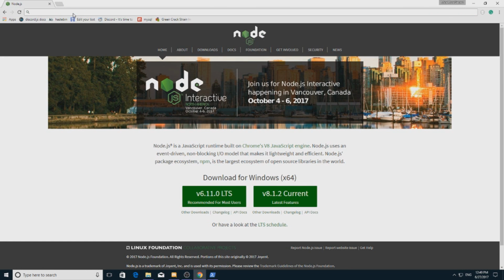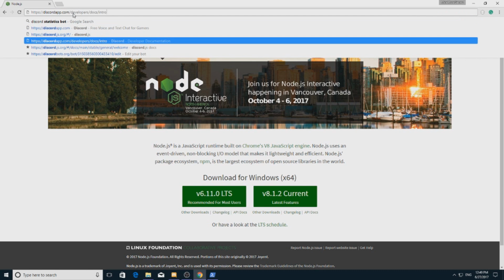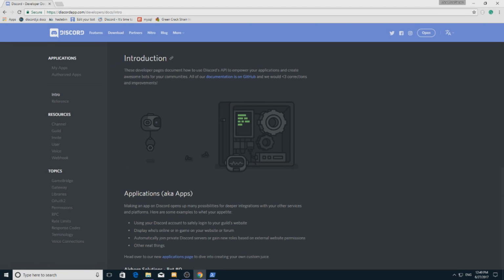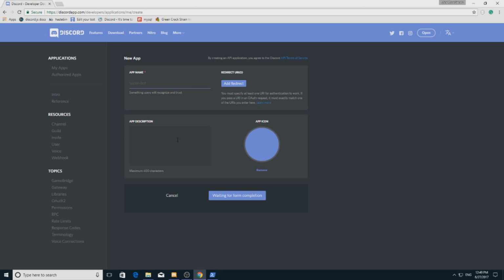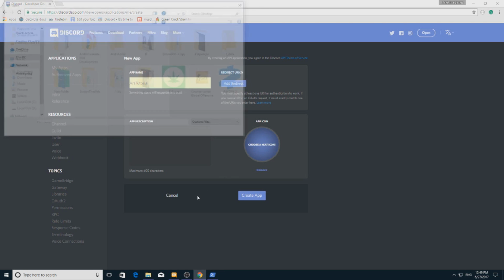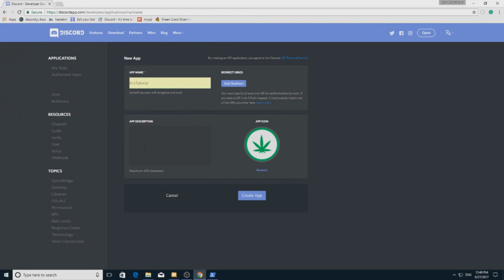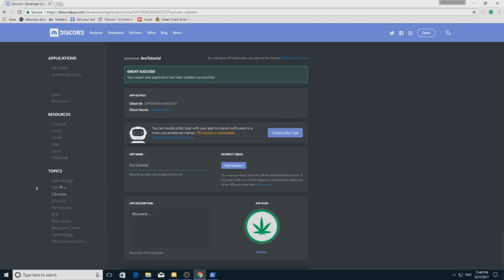So let's start by getting into Discord developer portal. You can look for it on Google. Let's get into my apps. I already got Ars tutorial here, but I will create another one. Okay, so go ahead and type your bot's name. Now I will choose, of course, my bot's picture, description. Okay, let's create our app. Now we got client ID. This ID will help us to invite the bot to our server. So let's go ahead and create a